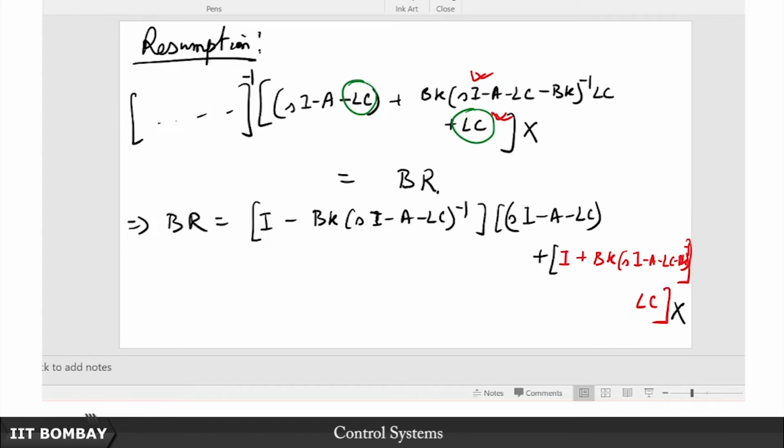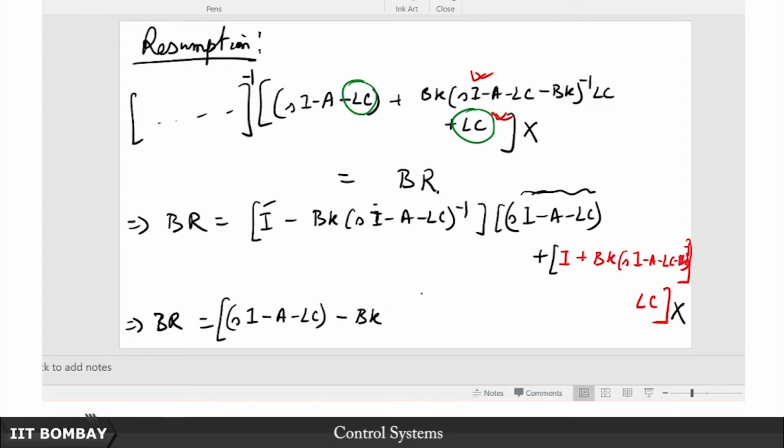Now the fun starts. What is the fun? You see, I have Br on the left hand side and I multiply this I times this, right. So what do I get? I get Si minus A minus LC, yeah, that is this with this, then I have I with Bk, and then I have this term with this term, yeah. So that leaves me with Bk only, minus Bk,